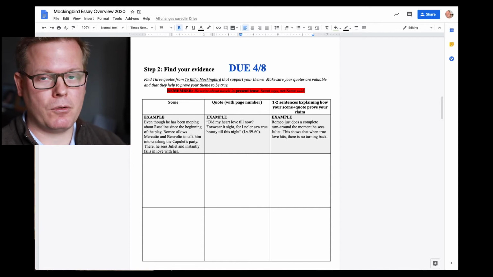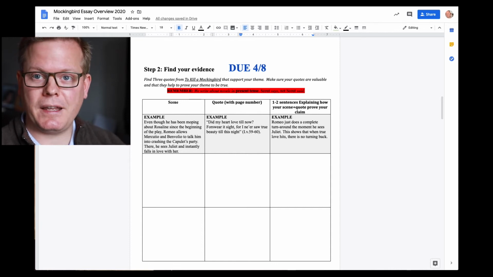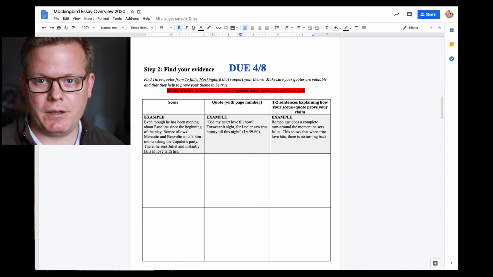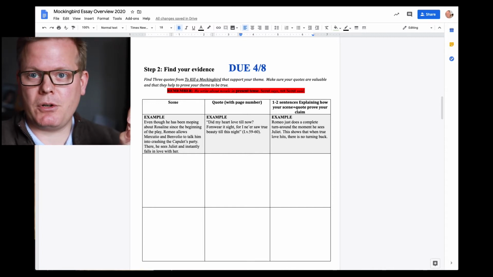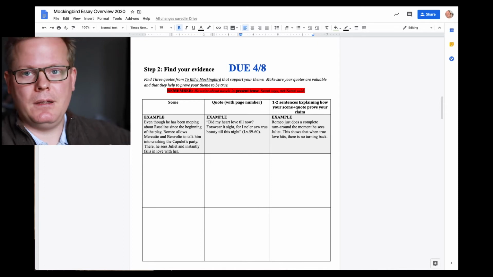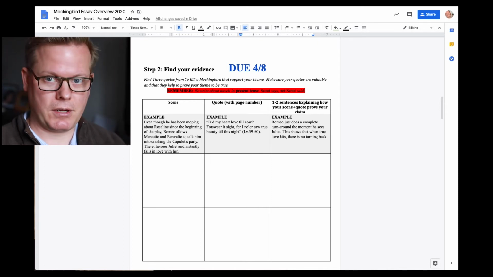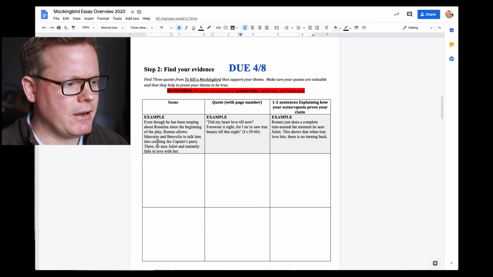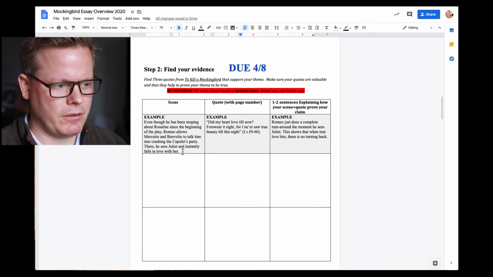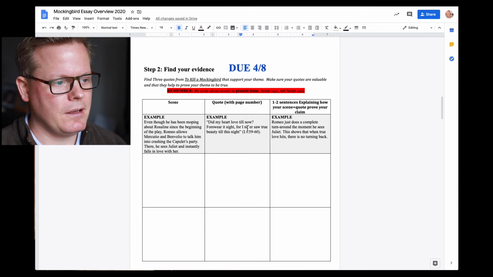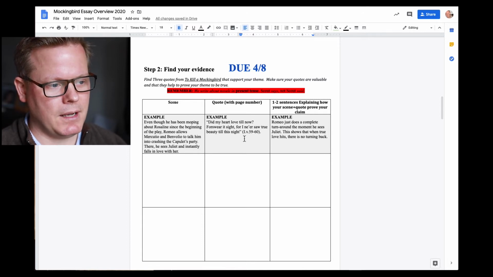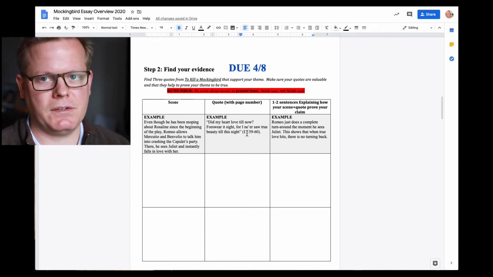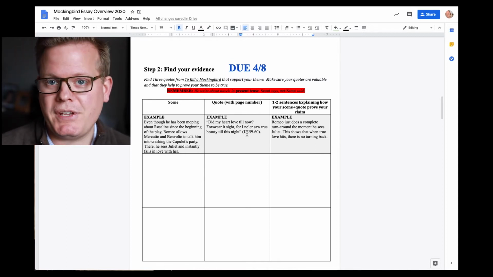And then we move into the quote, which is still part of the scene that I've been setting up here. The quote is just one more part of it. The only difference is it's in quotation marks to show that these are now words from the play, or in your case, the novel. So there he sees Juliet and instantly falls in love with her. "Did my heart love till now, forswear its sight, for I ne'er saw true beauty till this night." And that's from Act 1, Scene 5, lines 59 to 60. In yours, you would cite it